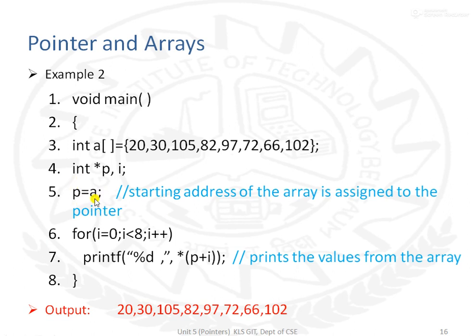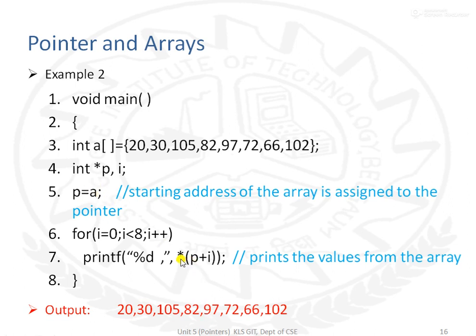I can assign the entire array. We have used the same array. So here I can assign the entire array to a variable p. In the for loop, you can see i is equal to 0, i is less than 8, i plus plus. I have used 8 because I know that there are 8 elements in the array a. While using this for statement, I want to print all the assigned values in pointer p, which has been assigned the array a.